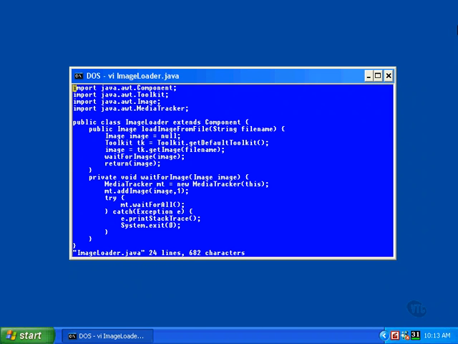the presence of a method that tracks the loading of an image into memory, and that method exists in the component class. Now, this class has no main method and no constructor. It's a utility class with one public method, load image from file. This method is given the name of a graphics file and returns an image object containing the graphic information from